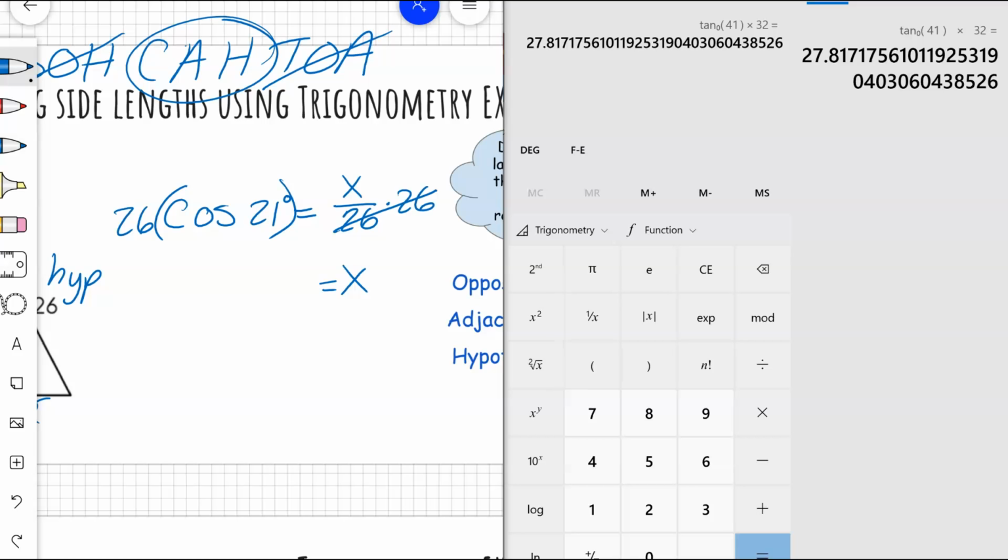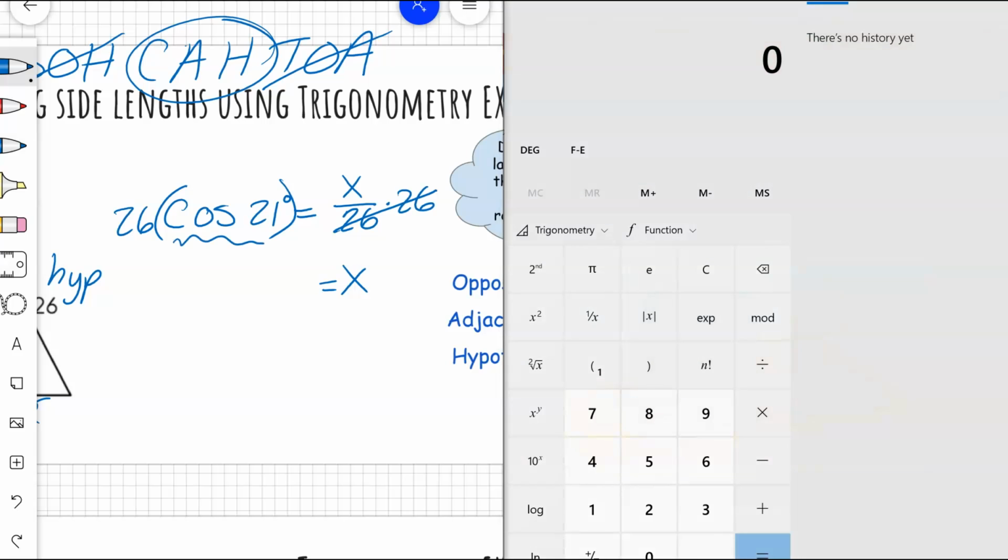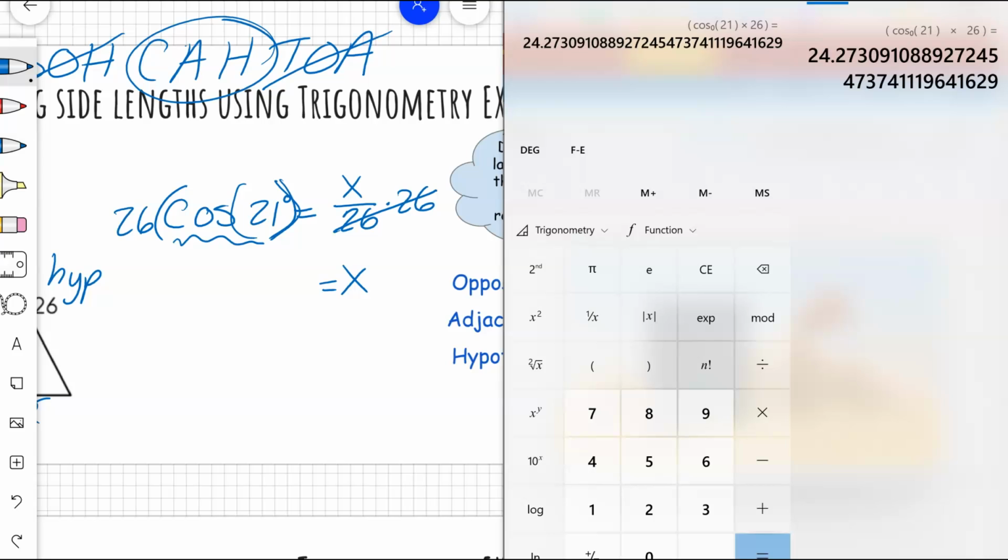I'm going to try something different this time. What if I try 26 in parentheses, cosine, nope, I need to type in 21 first, the way this calculator is working. I'm going to delete all of that. No, I'm just going to stick with what I have. So, first thing we want to do is calculate cosine 21. So it's going to be 21 times cosine. And then once we have that ratio, we're going to multiply that by 26, set equal. We're going to end up with